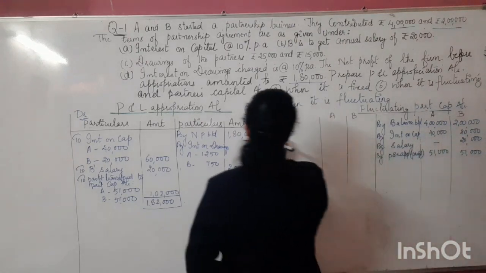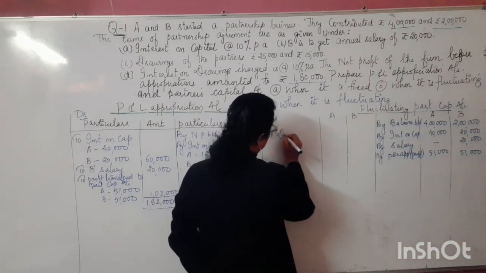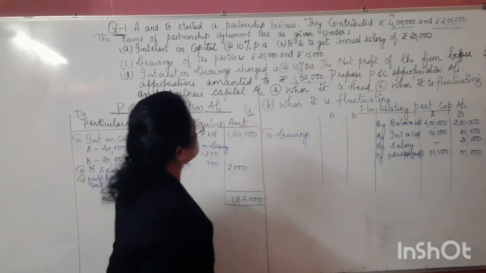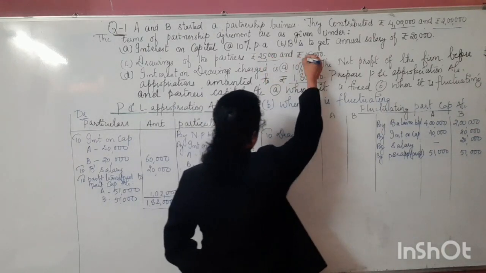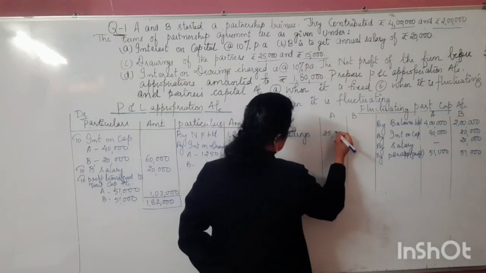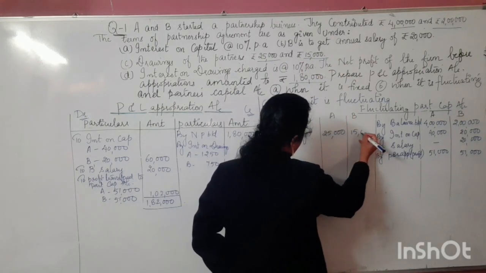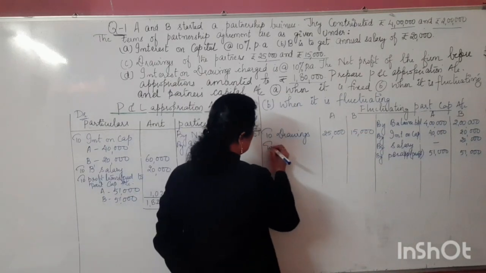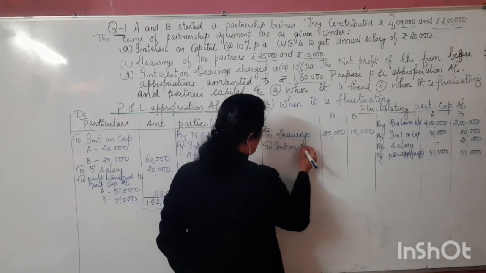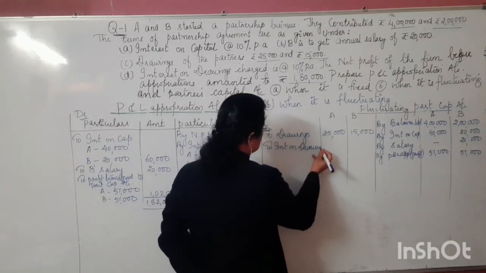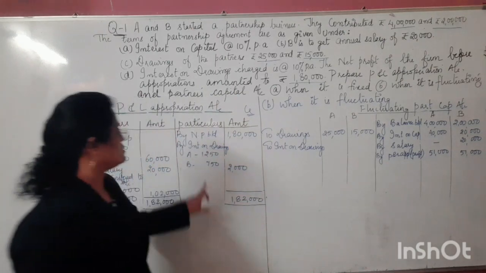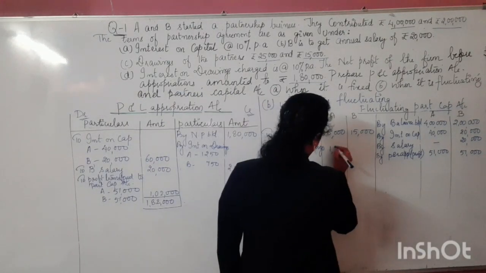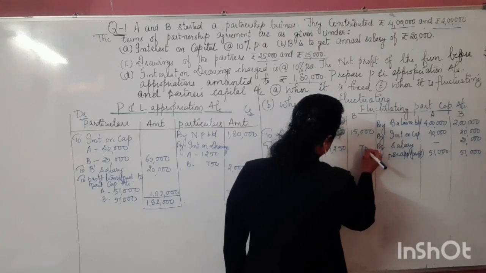Okay, now the next is on the debit side. There are two things we'll be having as an expense from the partner's point of view. One is drawings. They need to return it back to the firm. How much is the drawing given to us in the question? 25,000 and 15,000. Let us write down 25,000 and 15,000. Then the next is interest on drawings. Children, this interest on drawings we calculated here, and the same thing has to be used here. So how much? 1250 and 750.